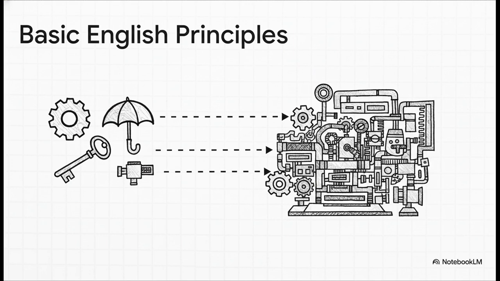And this is where it all comes together, and it's brilliant. So, you start with this core set of 850 tool words, right? Words just like umbrella that have a real job but can also stand in for a bigger idea. But the real genius is how you combine them. So, instead of learning a fancy word like ascend, you just say go up. Instead of purchase, you say get and give money. See? It's all about building big ideas from simple parts. And honestly, that is such a powerful principle for anyone trying to communicate clearly, whether you're writing an email or trying to learn a whole little language.